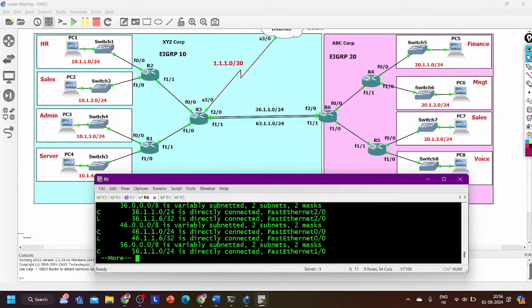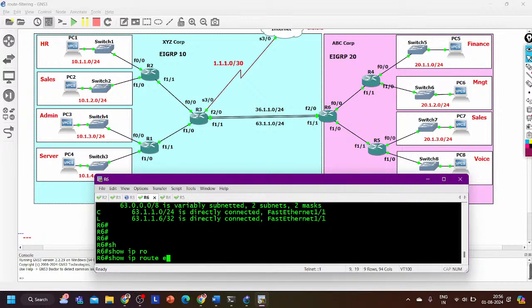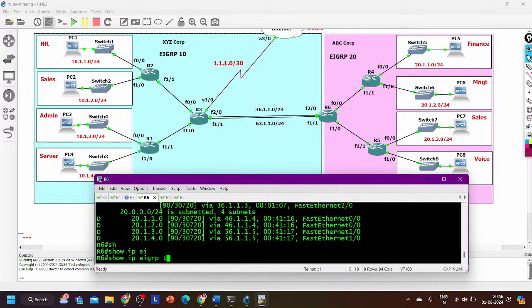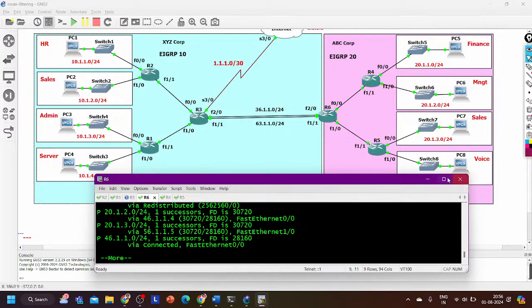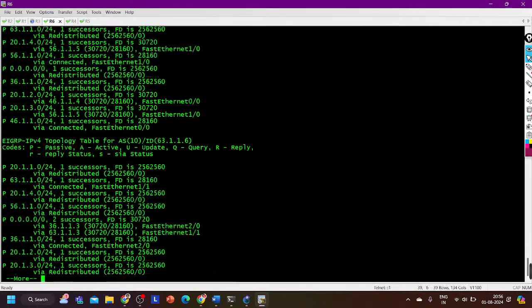And router 6 is performing what? Where is the subnet 10 on router number 6? So show IP route EIGRP. Sorry, show IP EIGRP topology. Yes. Router 6